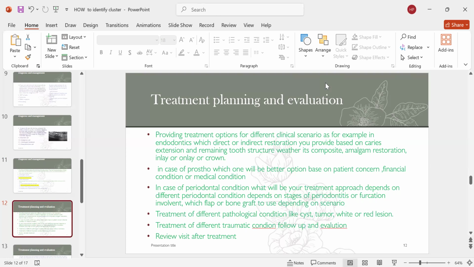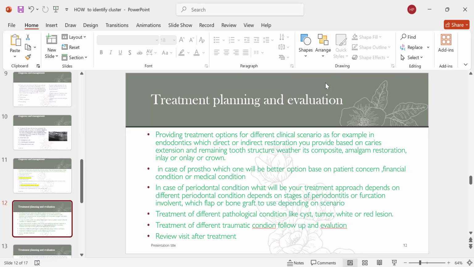If there is severe caries, right, there is a big cavity, you need to provide the inlay. But if one of the cusps is undermined, inlay is contraindicated in that case. If a cusp is undermined, you need to give the onlay. Or maybe one or two cusps are broken, you need to give the onlay. If more than 1/3 or 1/2 of the tooth is destroyed, then you have to give the crown. So there are different questions that are asked, depending on the different scenarios in the endo. Okay, which restoration will you choose.